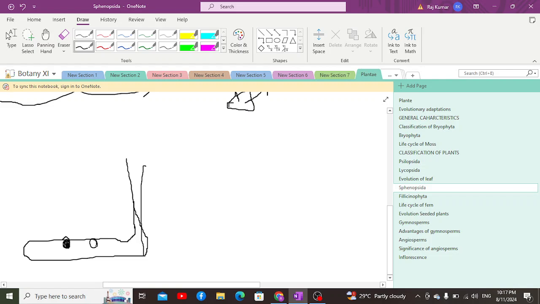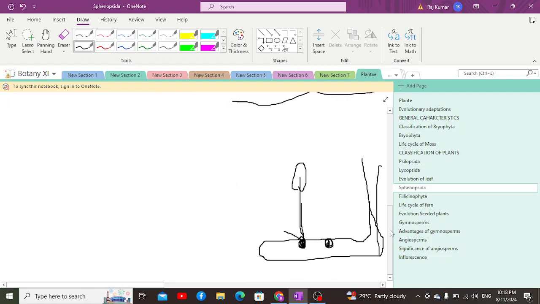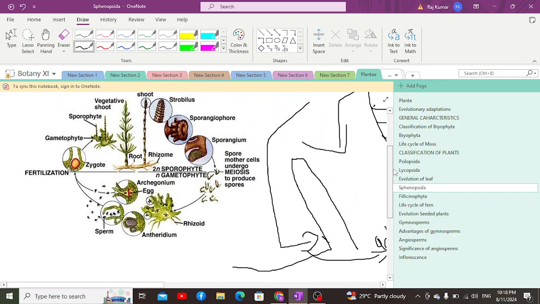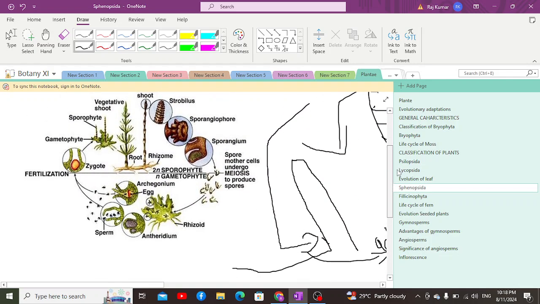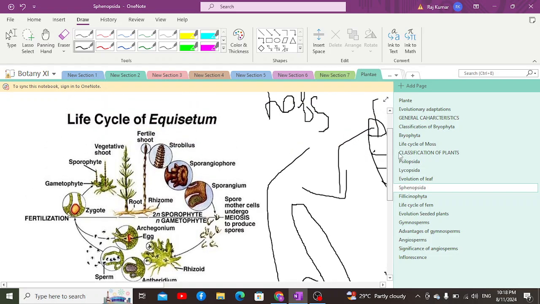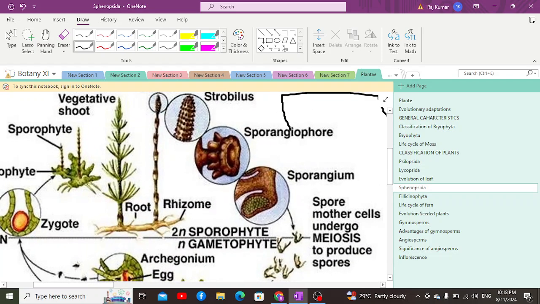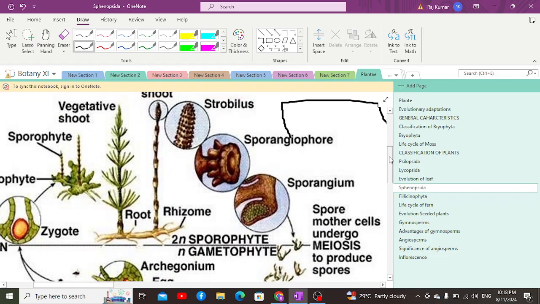The points from which these roots arise are known as rhizophores. Now, from the rhizophore, there is the arising of adventitious roots, and these adventitious roots are for anchorage and absorption of water and minerals. So in that sense, these are adventitious roots which arise from rhizophores. Apart from which, we are going to discuss the strobilus. The shape of the strobilus is similar to the tail of a horse, and as you may see in the diagram, they have